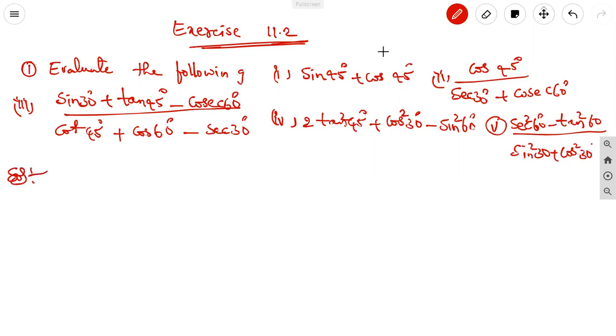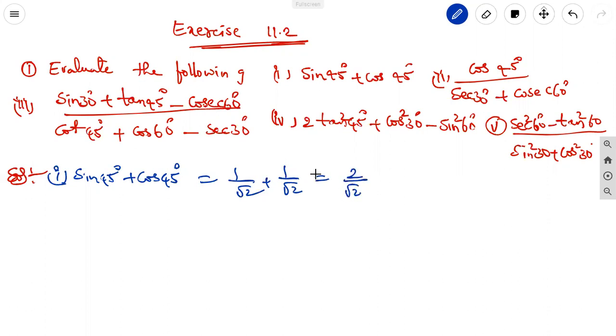Here, I know very well about the values of angles of the right angle triangle. So here, the first problem is sin 45 degrees plus cos 45 degrees. That is 1 by root 2 plus 1 by root 2. Cos 45, sin 45, both have equal values, 1 by root 2 only. So taking the LCM root 2, 1 plus 1 is 2. 2 can be written as root 2 into root 2 by root 2. One root 2, one root 2 get cancelled. Root 2 is the answer.